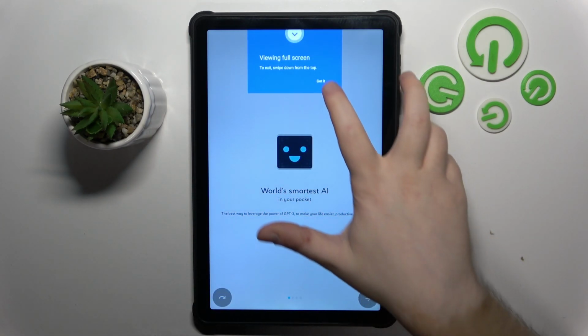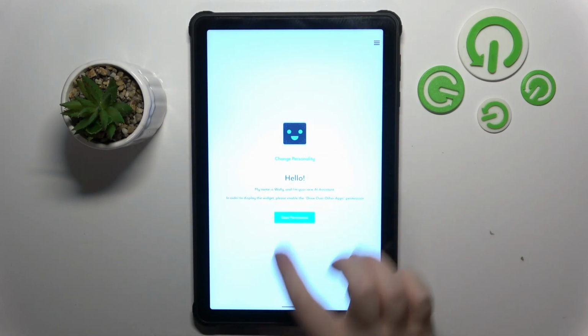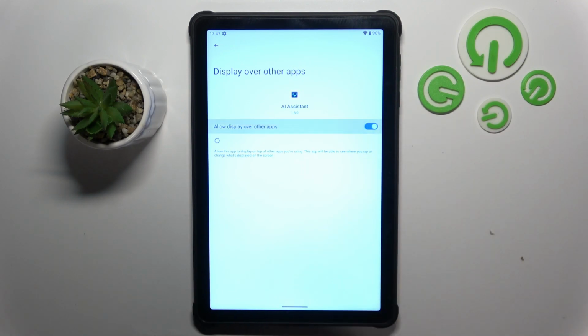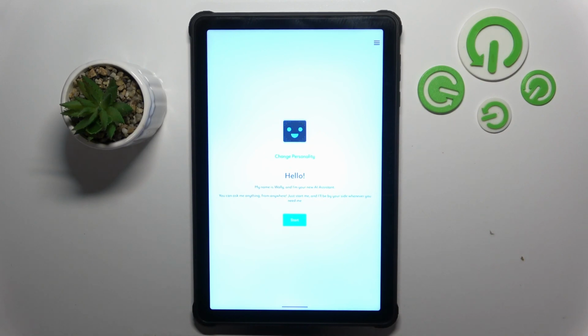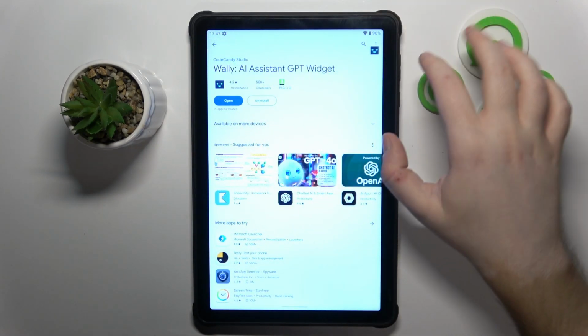And now click Got it and click this button to skip introduction, then click Not Now and click Open Permissions. Now you have to select AI Assistant and here you have to allow this app to display over other apps, and then you have to click back and click back again. And now as you can see you have to click Start, and here is your ChatGPT widget and you can